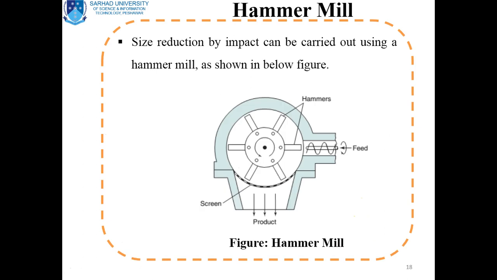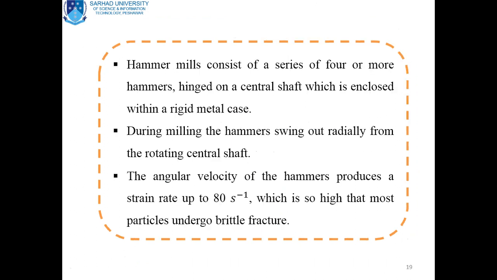Another type of mill is termed the hammer mill. You can see a figure showing the hammer mill diagram, and the feed is introduced over this way. The metal case is there. Particle size is reduced by impact using the hammer mill, having different types of hammers, and the stout case of metal. A screen or mesh is set over here to allow the desired size of particle to get away through this mesh, and it is collected as product.